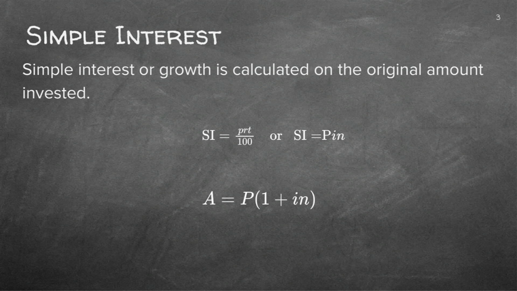Now, the first one is very straightforward. You can actually, without even knowing the formula, this is the one that I prefer. Can you see there's no fraction in it? The only reason the other one has got a fraction is because R over 100 is just the same as I. So let's write it here. R over 100 is exactly the same as I, and we prefer to write I in the decimal format. So then there's no fraction involved.